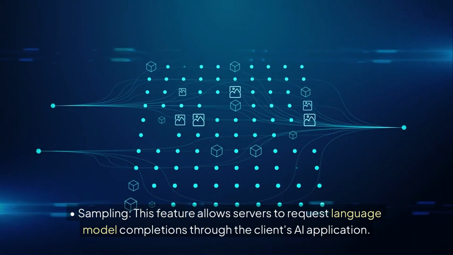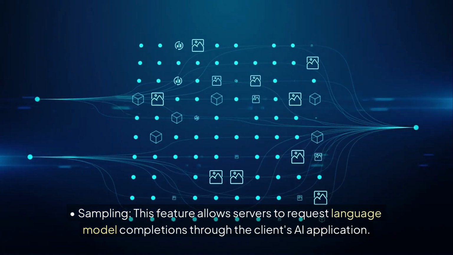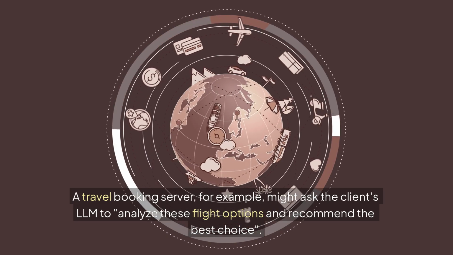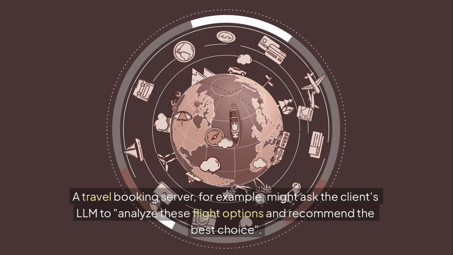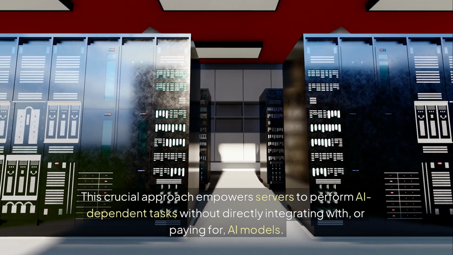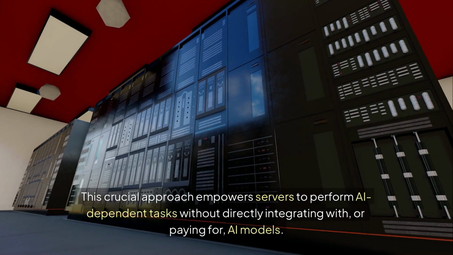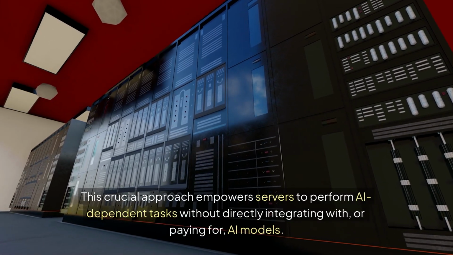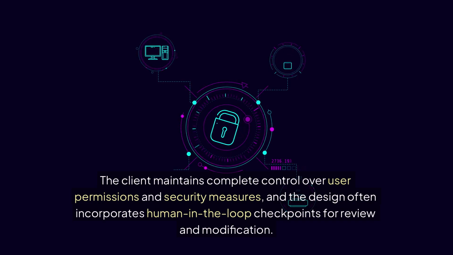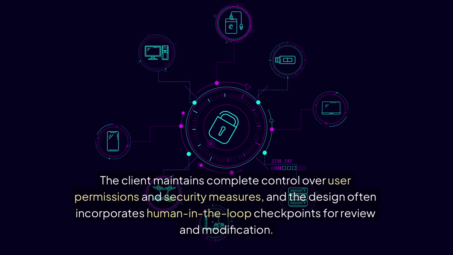This feature allows servers to request language model completions through the client's AI application. A travel booking server, for example, might ask the client's LLM to analyze these flight options and recommend the best choice. This crucial approach empowers servers to perform AI-dependent tasks without directly integrating with or paying for AI models. The client maintains complete control over user permissions and security measures, and the design often incorporates human-in-the-loop checkpoints for review